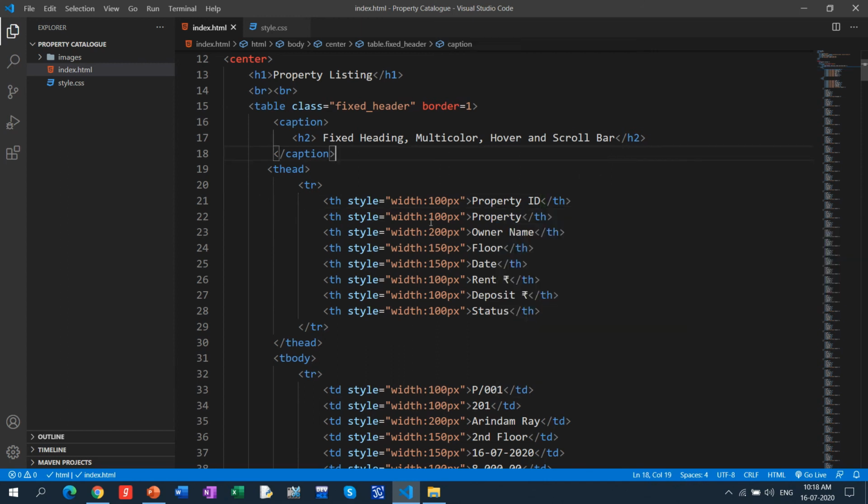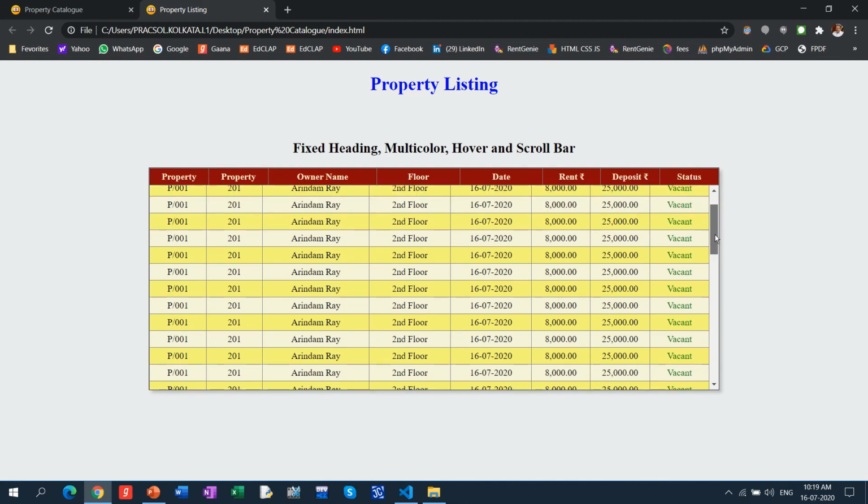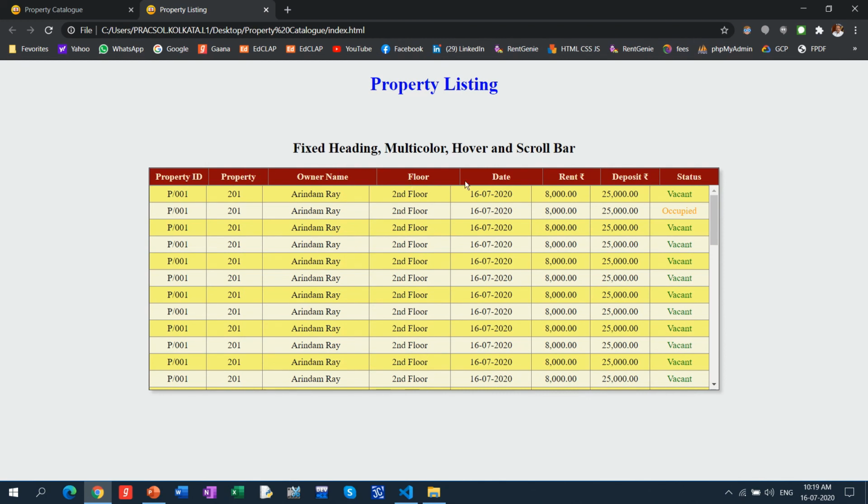Fine. I'm just trying to fix the issues, because on the left side all the sizes have been changed. Otherwise the columns will not be matched gradually.